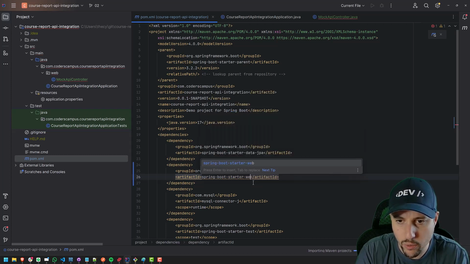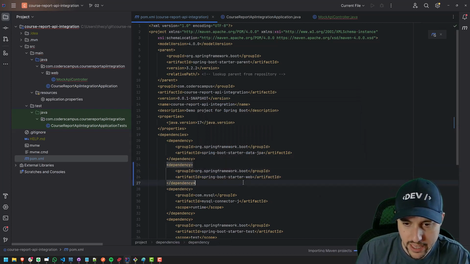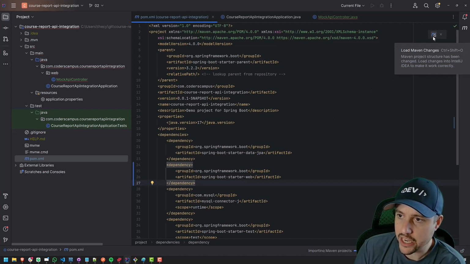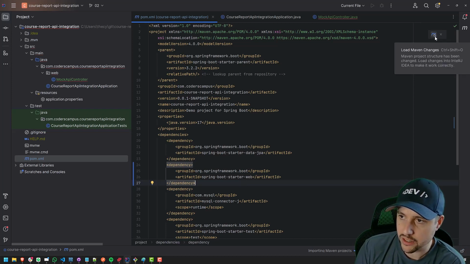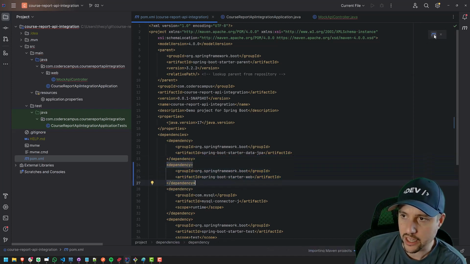Starter Web? Yeah, Spring Boot Starter Web. Sweet. And I'll save that. Now what happens when you save it in IntelliJ, you have this little guy over here in the top right. You get this little M with the arrows. This allows you to reload everything that you've added that's potentially new. So I click on this,